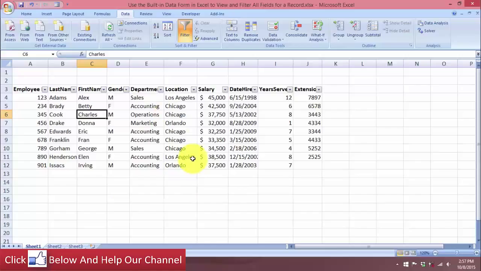Basically that is how you can use the built-in data form in Excel, and also a brief introduction to using Excel filters in order to let you see certain records that you have in your Excel data. That is how you can use the data form and also filters in Excel. That's it for this video. I will see you in the next